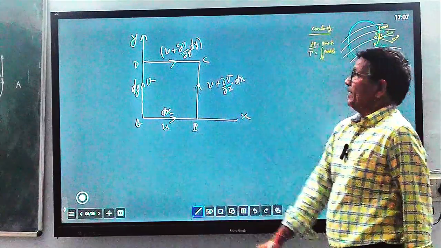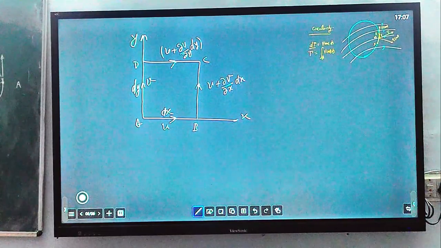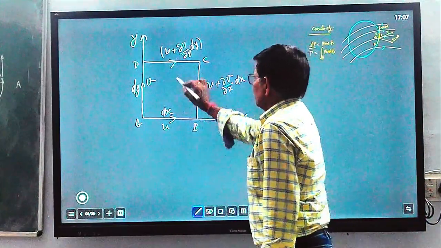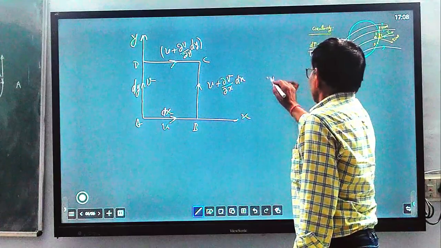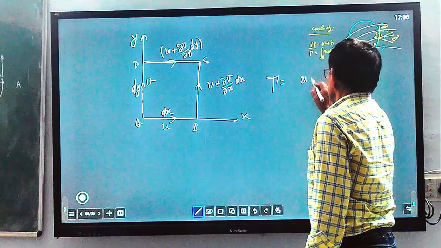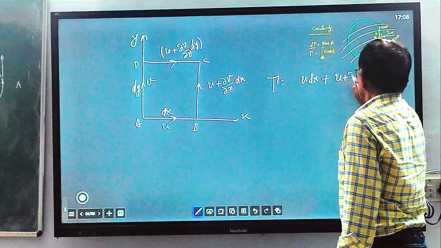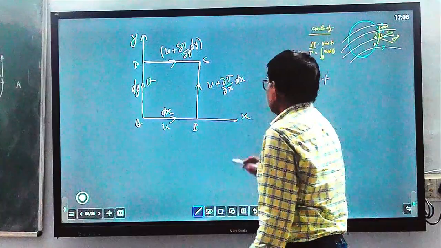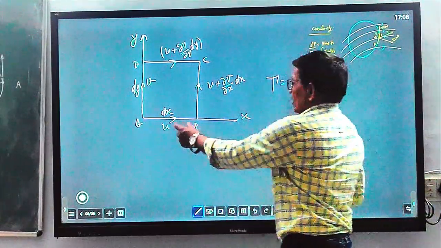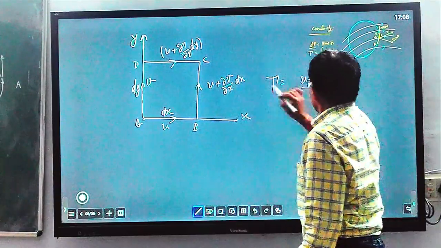Now according to circulation, we can find out the circulation. Again we take anticlockwise as positive and clockwise as negative. So the circulation for this element, where this is dx, dy, can be found for the whole element. First taking from A to B, it is u, so circulation for distance A to B is u dx according to the definition, plus